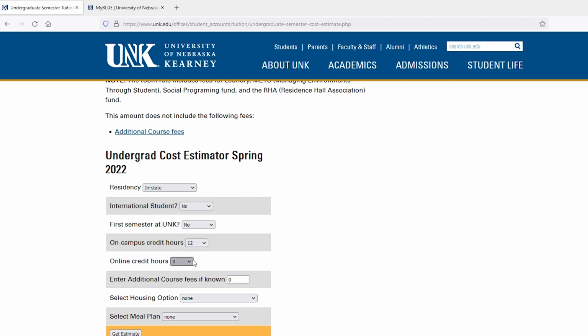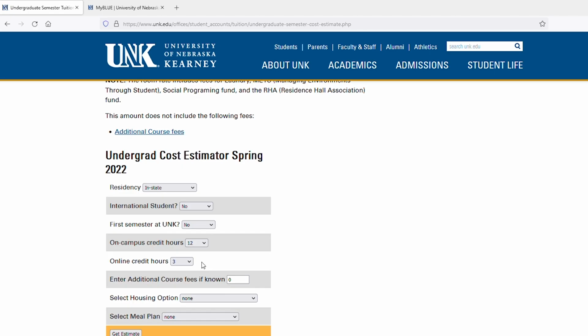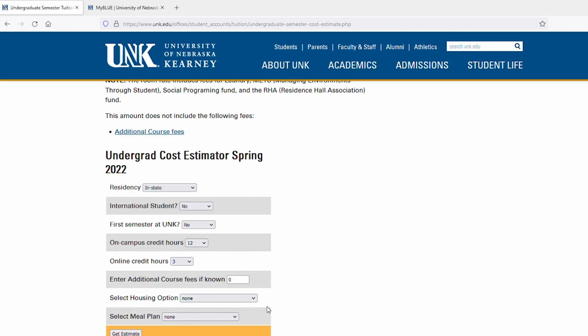Louis is planning to take 12 on-campus credit hours and 3 credit hours of an online course. Online courses have additional fees and a higher tuition rate, so it's important for Louis to add this detail to get a correct estimate. Louis is not aware of any additional course fees he would be charged this semester, but he does know that additional course fees are most common for a science or art class that has a lab or art supply fee. Since Louis isn't taking these kinds of courses, he'll move on to his housing and meal